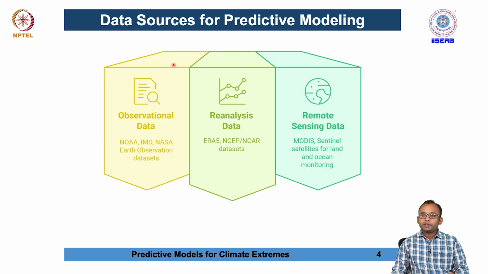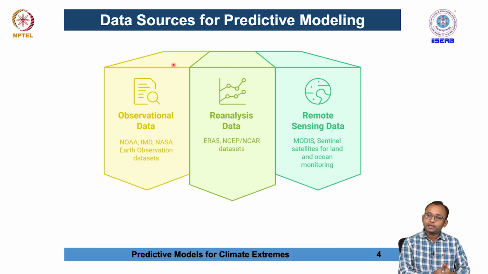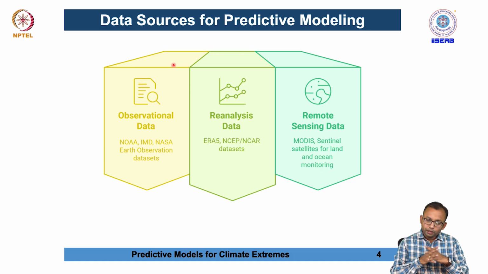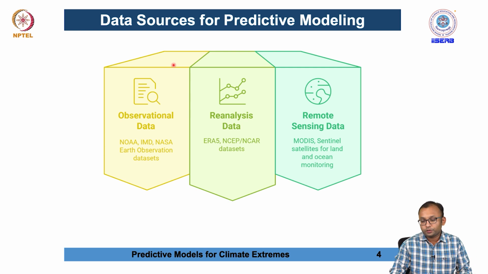So, what are the sources of the data set required to do this kind of analysis? One is observational data. Observational data can originate from different types of government bodies, or semi government or private bodies. Those cover data from the ground, and they provide that data at different locations, and then we use that data set to analyze patterns or predict extreme events in the future or near future steps.